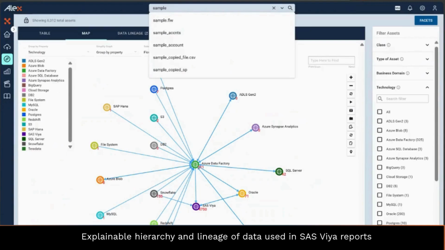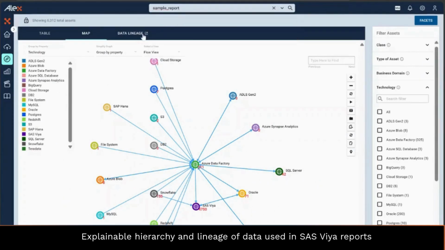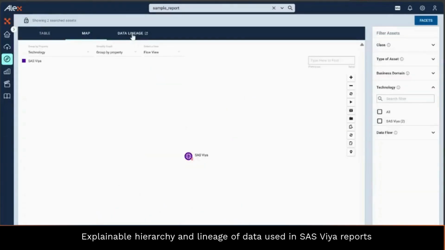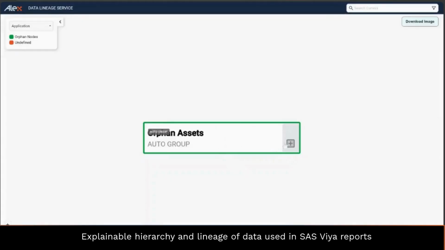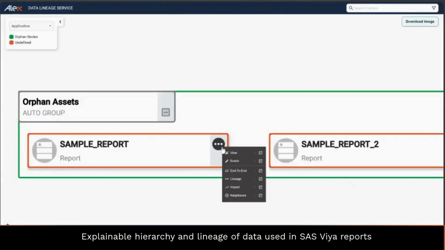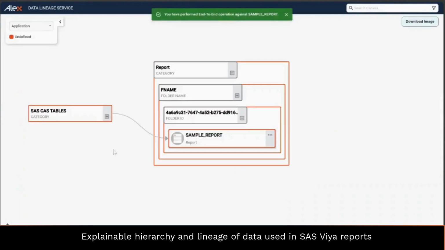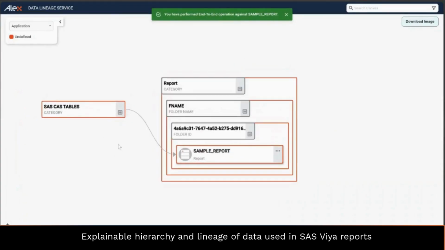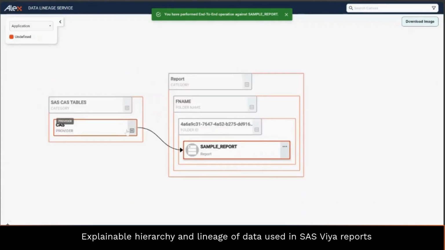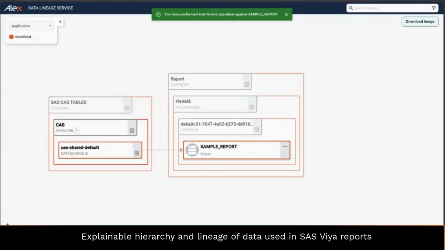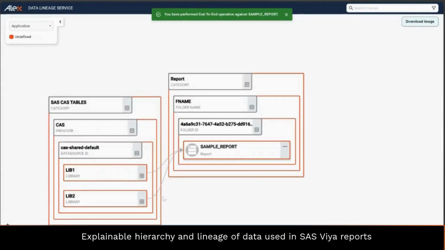Similar to the data flow, we can search for our desired sample report here, and again we can open up our data lineage view. Here we have our sample report, again doing an end-to-end on this sample report, and here we can see we have some SAS tables connected to this report, which means they are acting as input tables in SAS Viya. So we can expand our hierarchy and we see this CAS provider with a data source ID of Cascade default